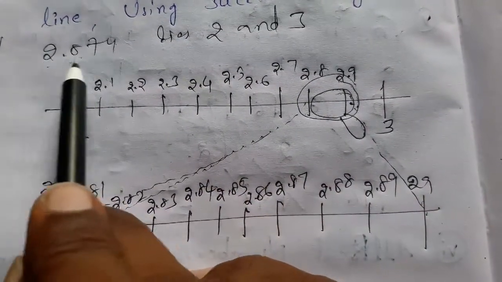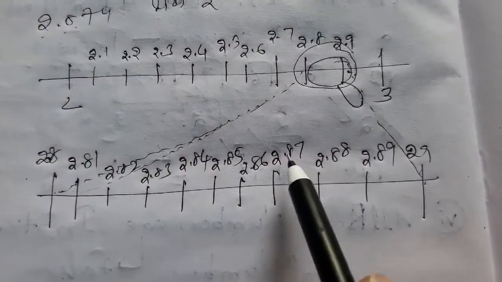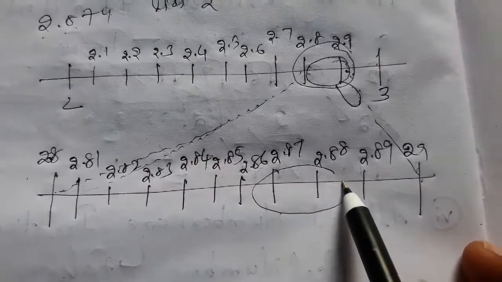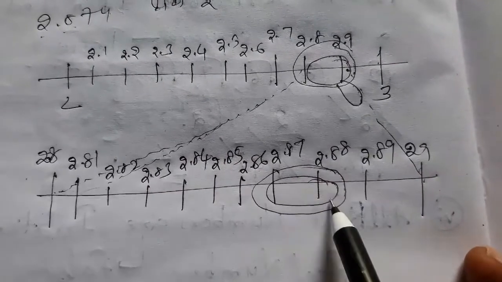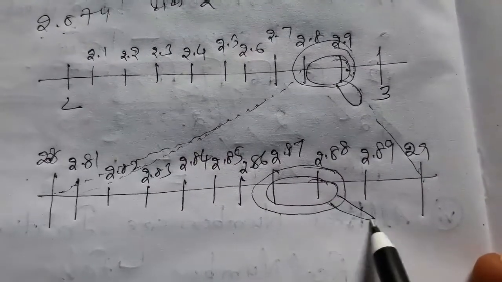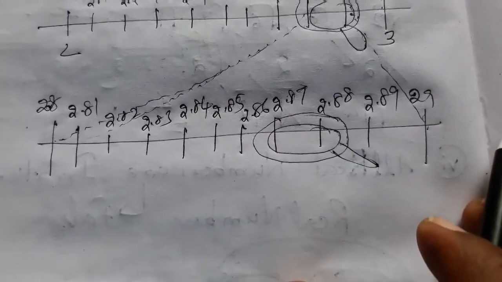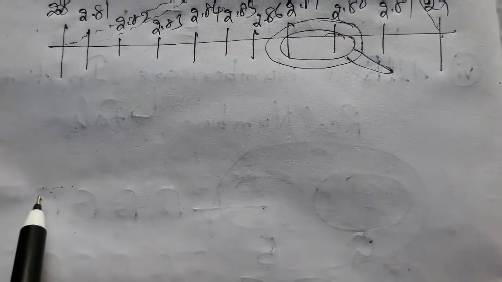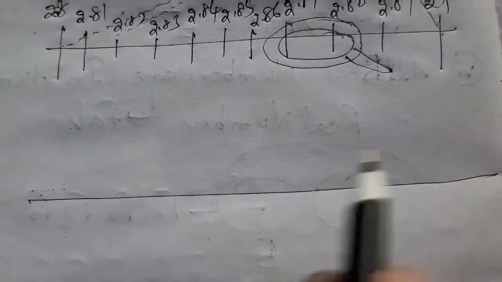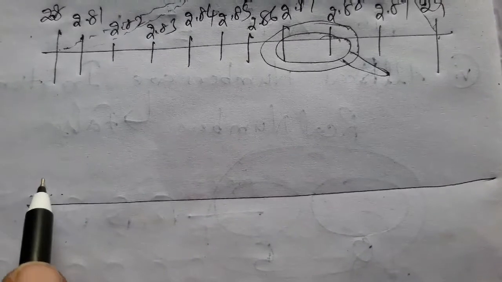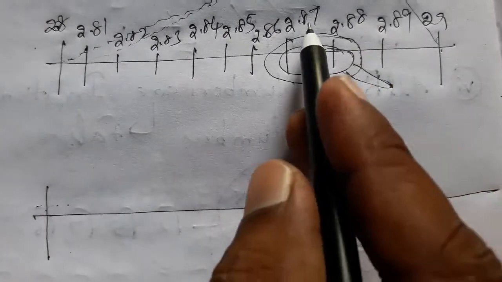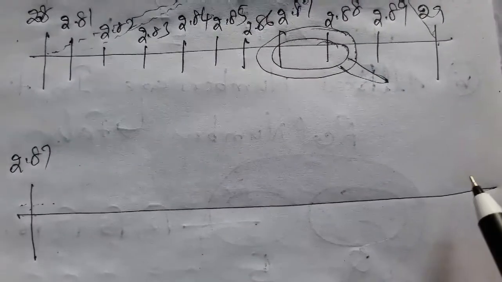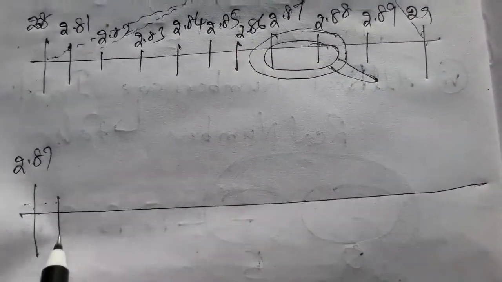So see here, 2.87 we want initially, that means this one. So we need to take these two, 2.87 and 2.88, isn't it? Draw another magnification or imaginary line, another line. So this point indicates 2.87, isn't it? Now starts from